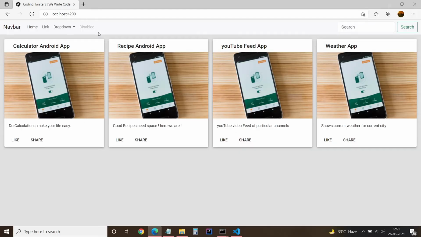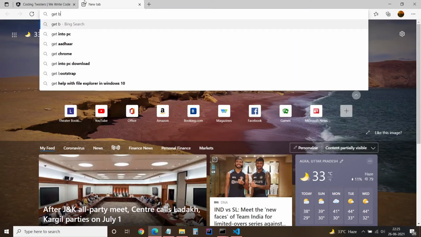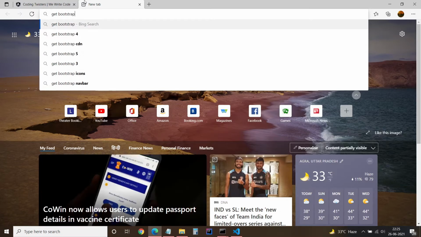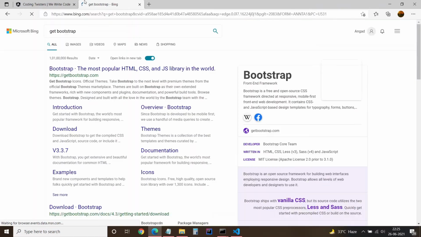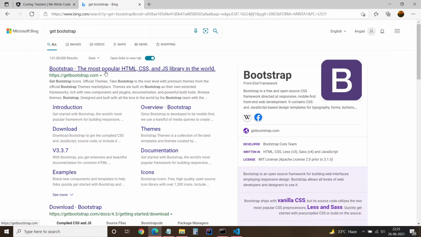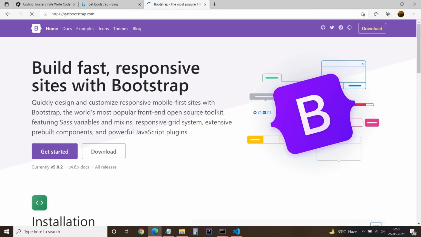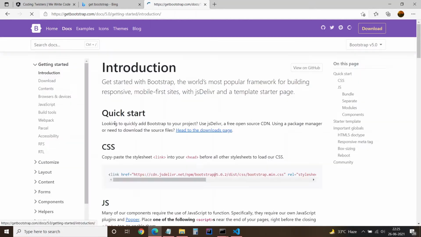For applying Bootstrap, you have to go to the official site of Bootstrap. No need to install any module for Bootstrap later on; just install Bootstrap initially. Click Get Bootstrap, then go to Get started, whichever version you like.